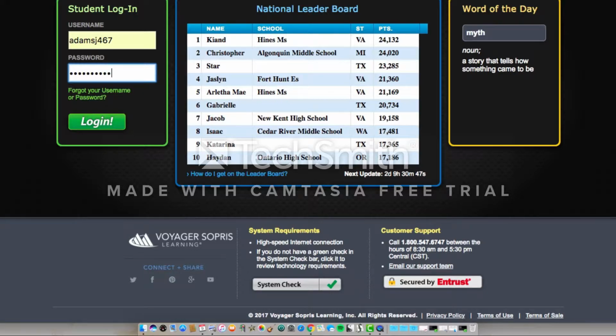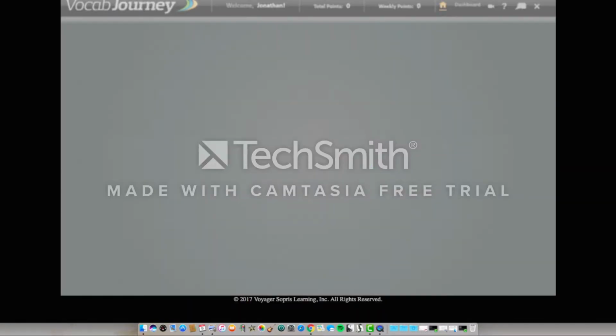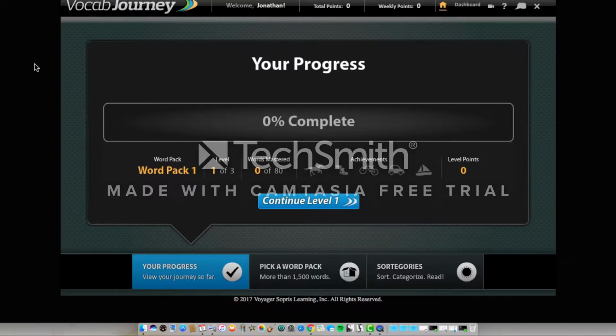And we will load up. Okay, so here we have the student dashboard, the first page you will enter as a student. You have down here your word pack. This is word pack 1. Now I chose the easiest level so I can breeze through, so I can demonstrate some of the features that